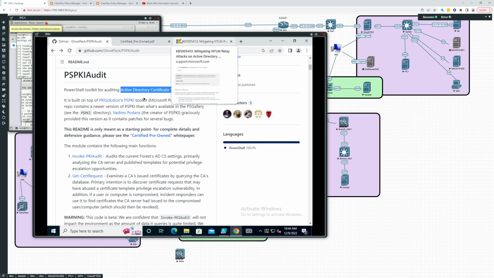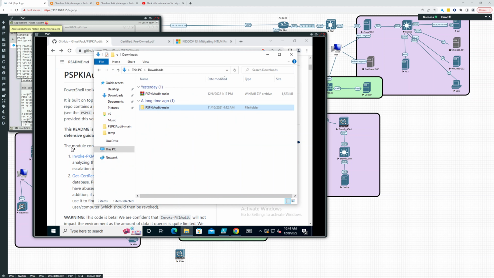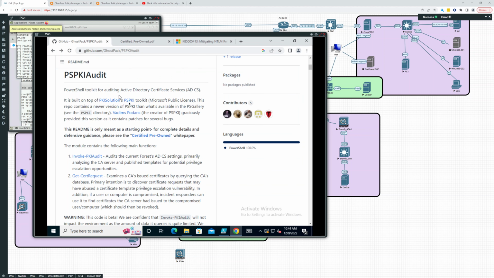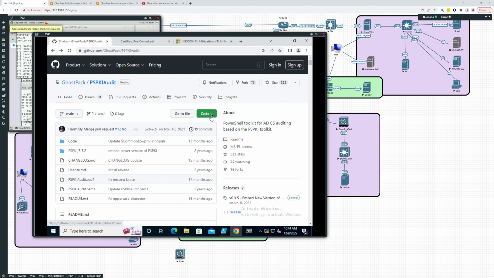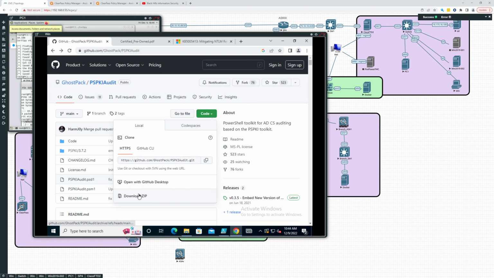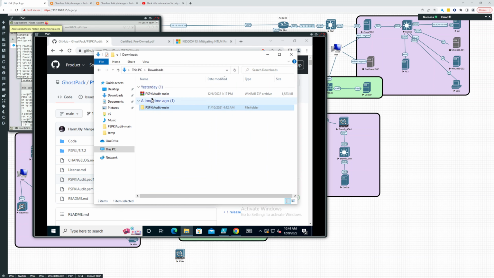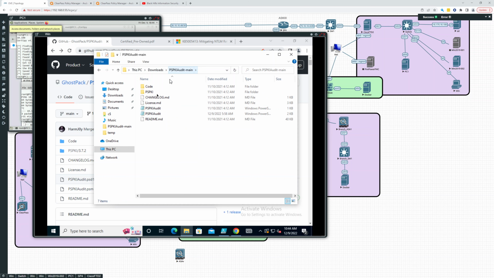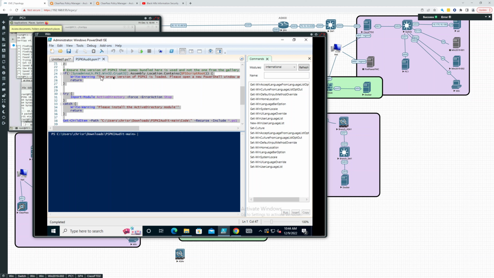But what we're going to do is just run through this audit to make sure that our implementation is secure. So what I did was I downloaded the code from this GitHub, downloaded this zip, and here it is. It's right here. Extracted it. It's in downloads. And then I opened up my PowerShell,